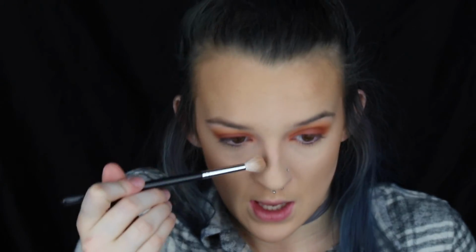I grab any eyeshadow brush and dip into this twice and go on the sides of my nose, underneath,